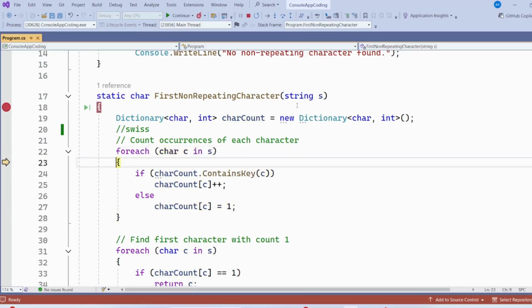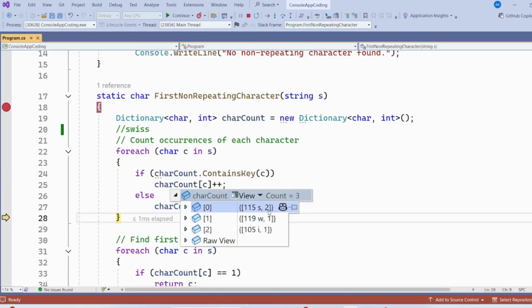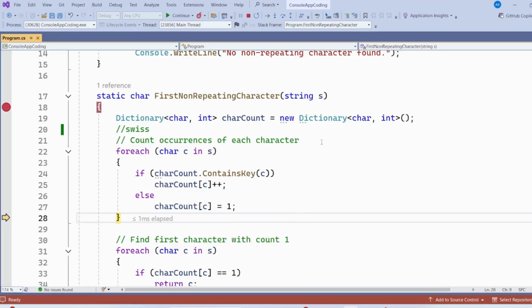After that, it will take W. Again it has not been found, so it goes to the else condition. Again I, then S is coming again, right? So it will go to the if block and increase the count. If you see the count here, for S the count is showing 2, W is 1, and I is 1. Similarly, again it will go to S and increase the count.